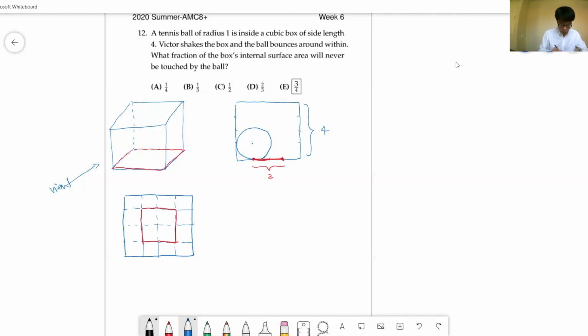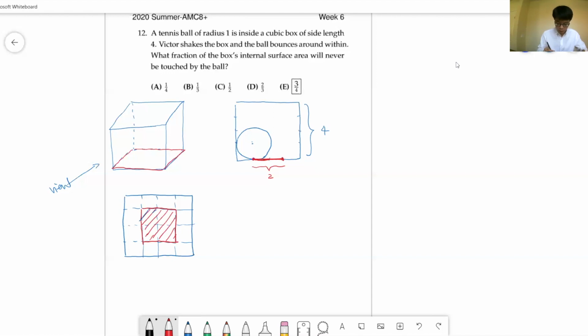This is the area that can be touched. And the area that cannot be touched is the area outside of the square, between these two squares. So, okay, the answer is just